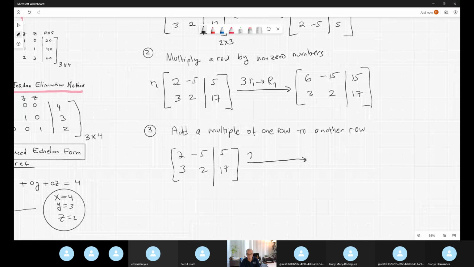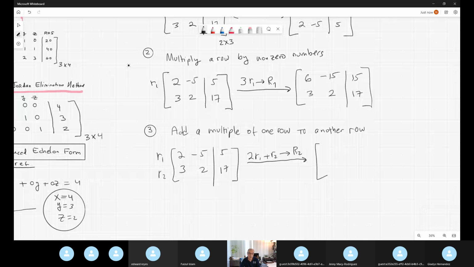Suppose a factor 2 multiplied by R1 plus R2, and store this in capital R2. What does that mean? You take any element in row 1, multiply it by 2, one by one, add it to the corresponding element in the same column of R2, and store this new number in